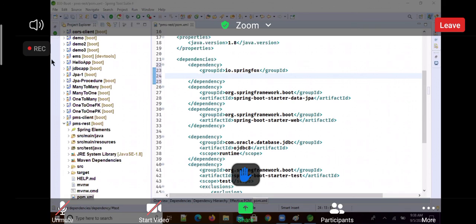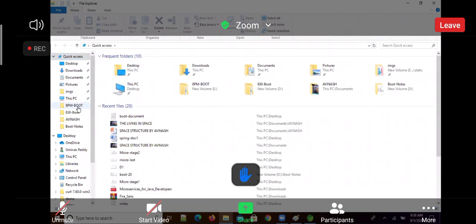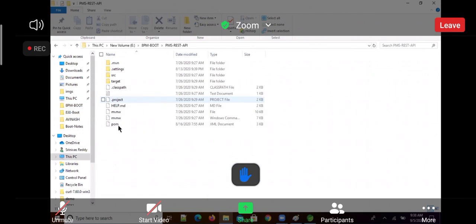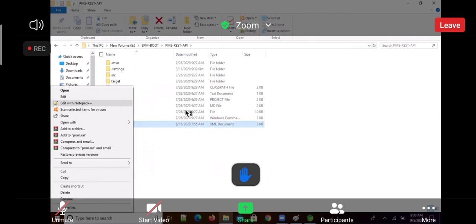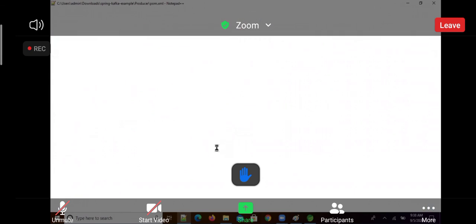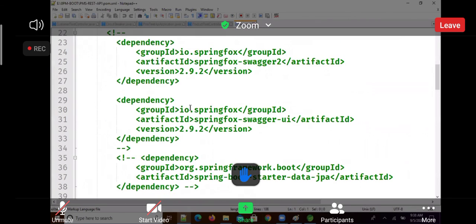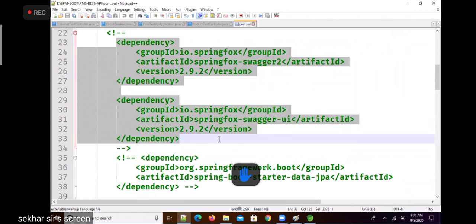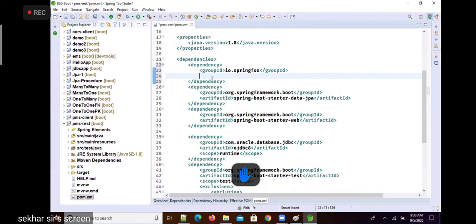Just wait, I've added these to my previous application. The same dependencies I'll copy instead of writing manually. These are the two dependencies I would like to copy, version 2.9.2.